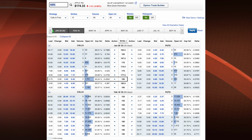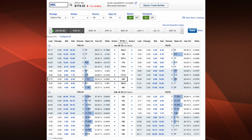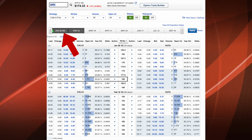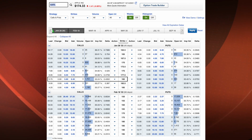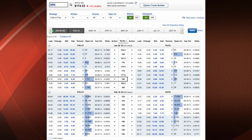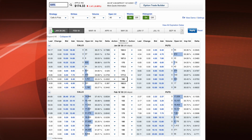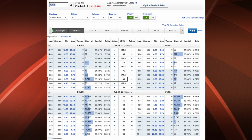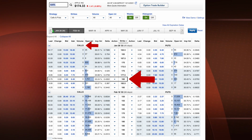So let's take a look here at the Apple option chain. What I've already done here is I've clicked on the January 28th expiration date. So you see in the shaded area up top, January 28th is our first option. So that's going to be the expiration date. My bet, whatever I do here, needs to happen by January 28th of 2022. So we're bullish on Apple, and we think Apple will surpass, let's say, $180 per share by the expiration date. If that's the case, then we could buy the $180 call option,